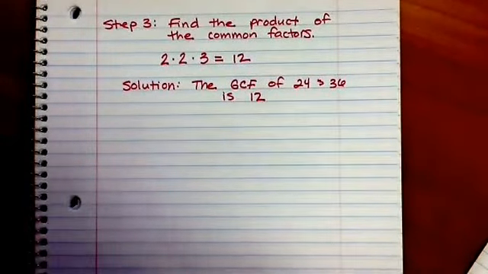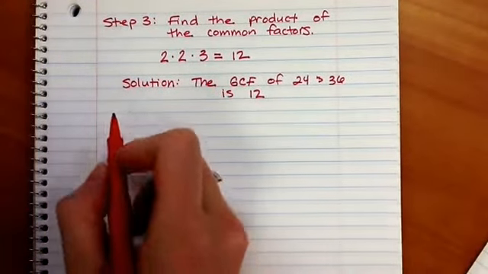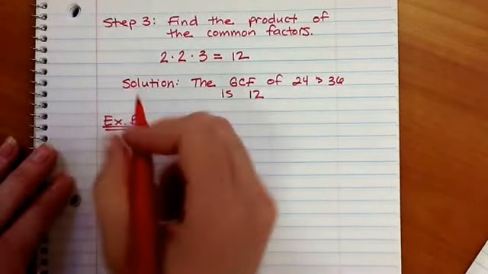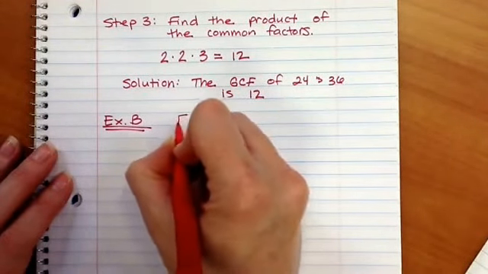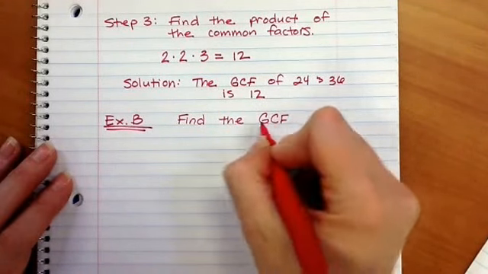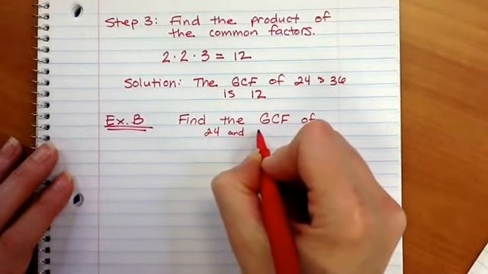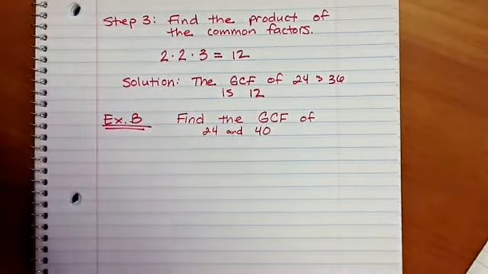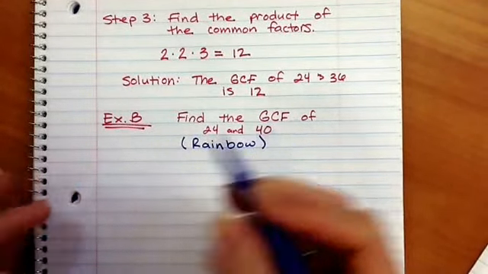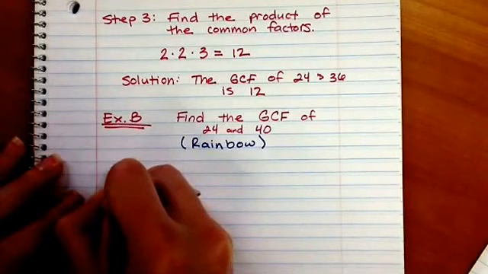Okay, I said I would show you 2 ways to find the greatest common factor. So next is going to be example B. And for example B, we are going to look to find the GCF, greatest common factor, of 24 and 40. And what I like to call this method is the rainbow method. And you'll see why I like to call that in just a second. So step 1, when we are doing the rainbow method,